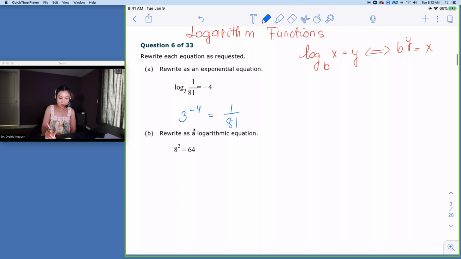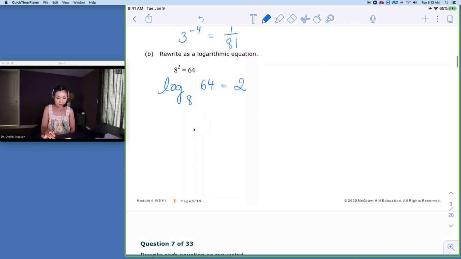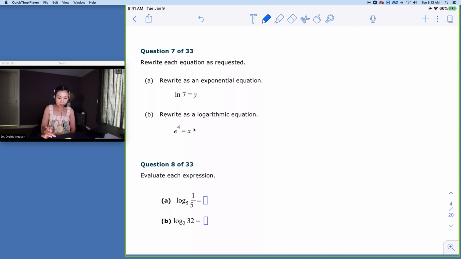Now for part B, you want to rewrite. Like I said, I always start with the base, 8. And it's going to be 64, and the exponent is 2. So it's important that you get that memorized. The reason we want to get it memorized, by the way, before we try to solve the equation, don't forget for ln, the base is going to be e. For log, if you see log by itself,